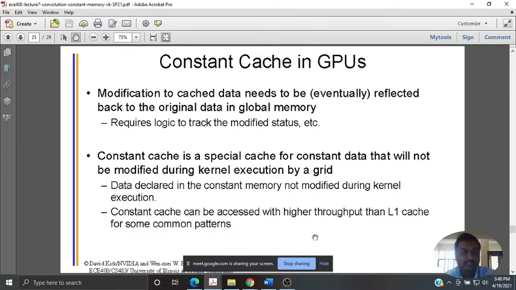Then constant cache in GPUs, fine. So for constants, whenever you are declaring them, you have to be aware of the life and scope of a variable. So normally whatever we are taught in C as such. I want a variable to be alive for almost all the time, so then you declare it as a global variable. Otherwise, say inside the function you are declaring, that is local to that particular function. So whenever that function vanishes, it dies out. If you still want that variable computation to be available, then you may declare something as static, or you make it available over the heap, calling it a global.